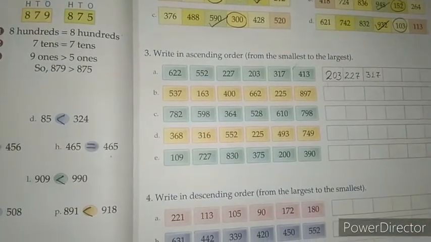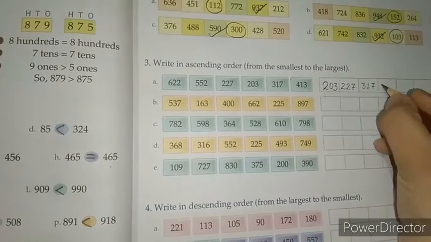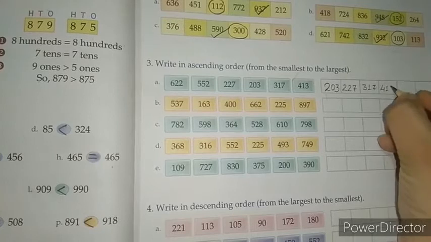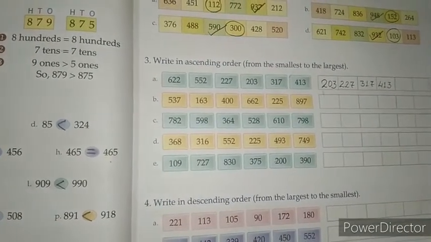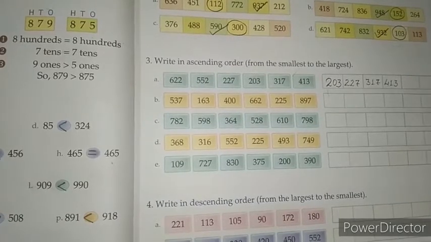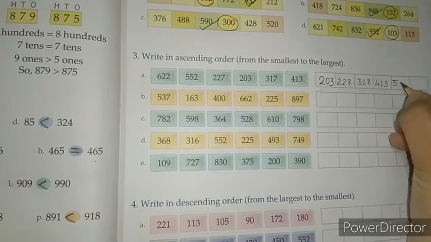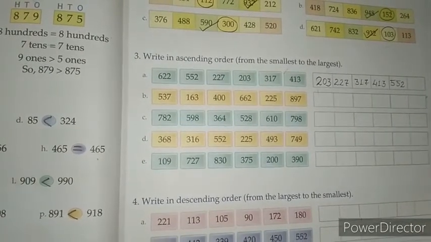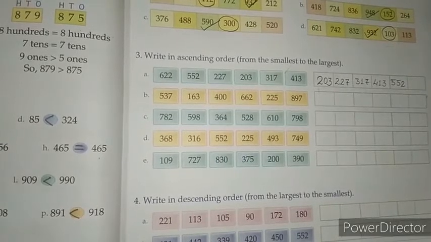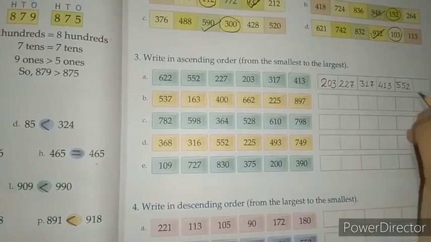After 317 which is the smallest number? 413. After 413 which is the smallest number? 552. And in this series which is the largest number? In last we will write the largest number. So